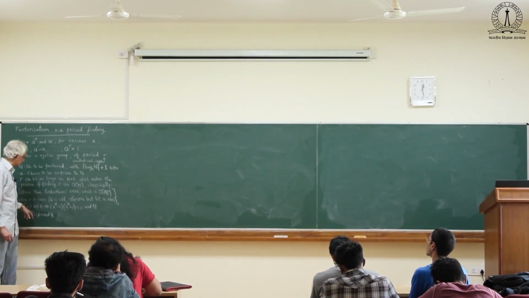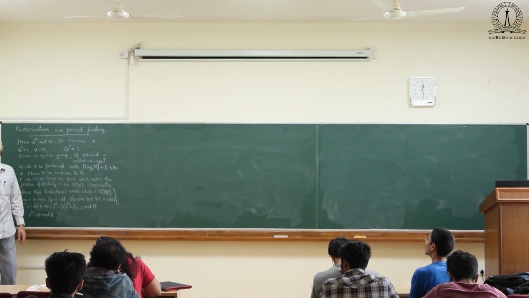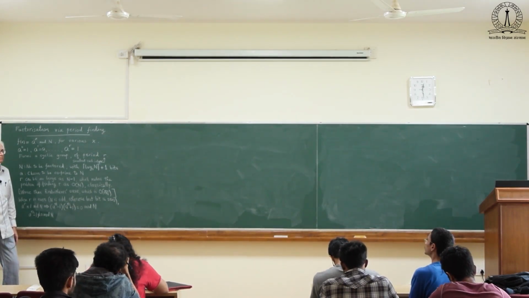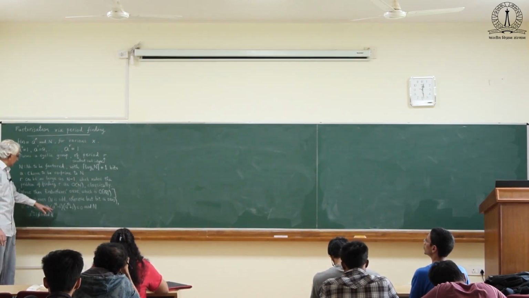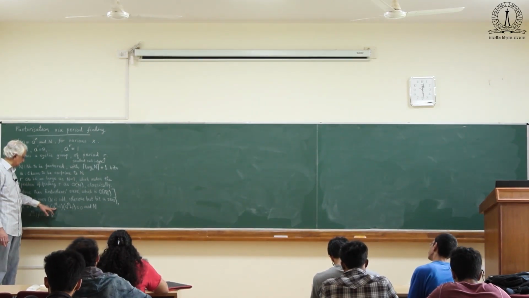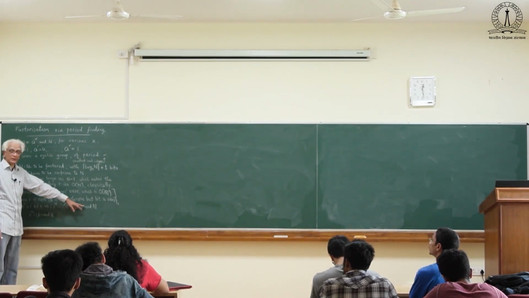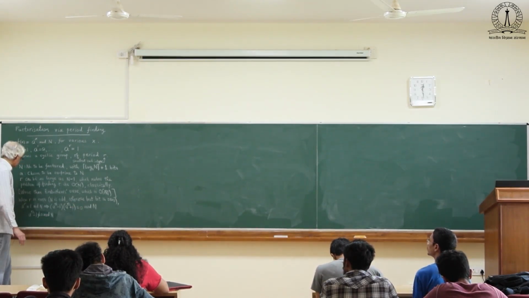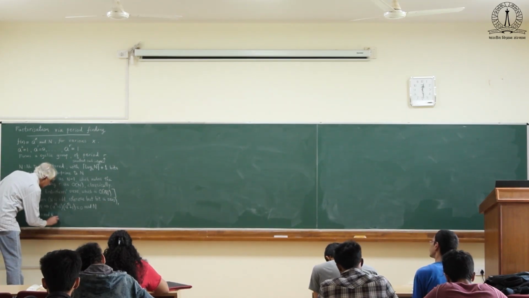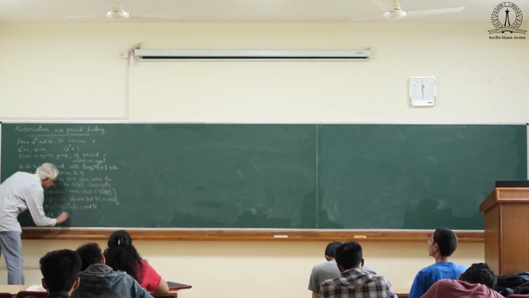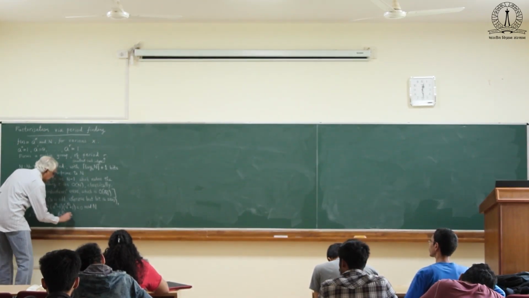If this was true, then the smallest integer will be r by 2, ruled out by assumption. So this is not 0. Can this be 0? Maybe, up to modulo n. So a raised to r by 2 plus 1